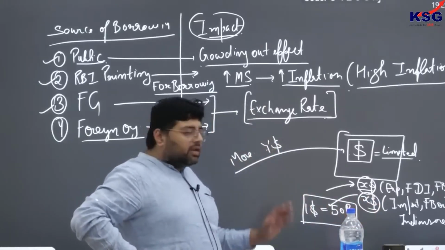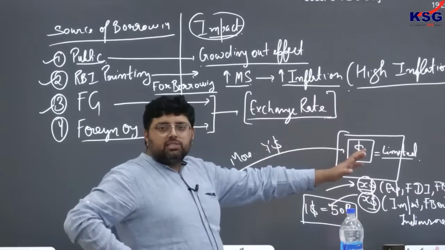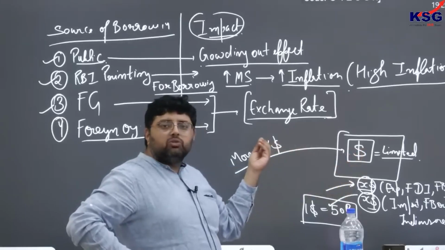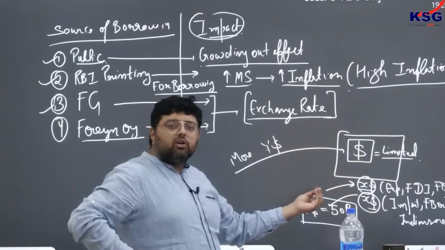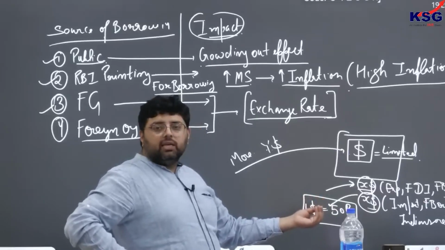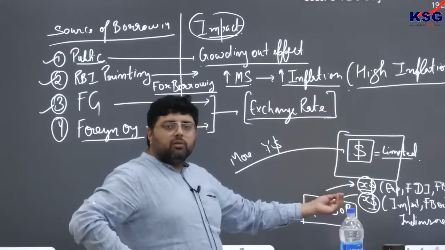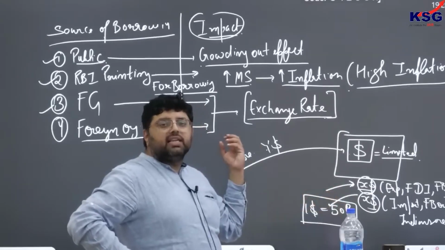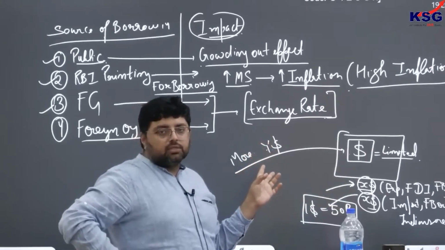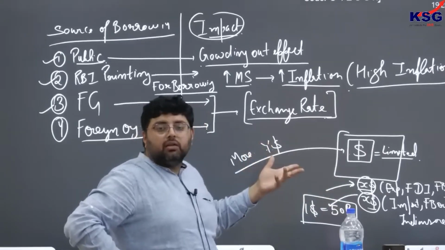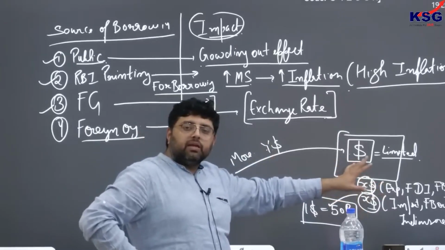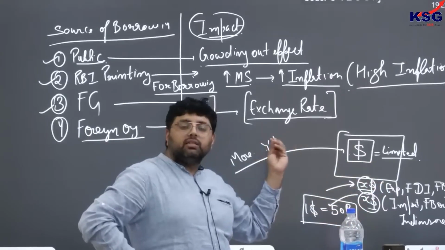So ultimately, whenever the supply of dollars increases, whereas the dollars going outside stay the same, constant, or reduce, then we have more supply of dollars but less demand for dollars going outside. When this is the situation, that leads to appreciation of currency. But if it is the opposite, that dollars are limited in your economy, meaning supply of dollars is limited, but more are going outside, then it is